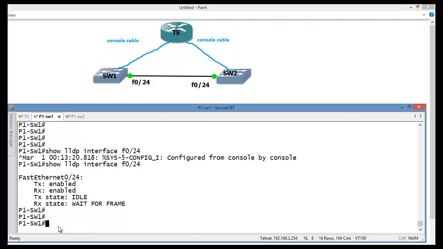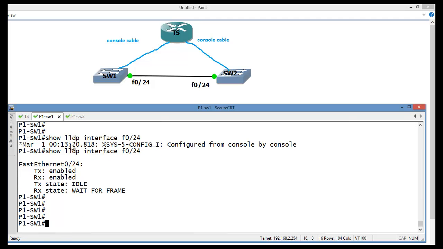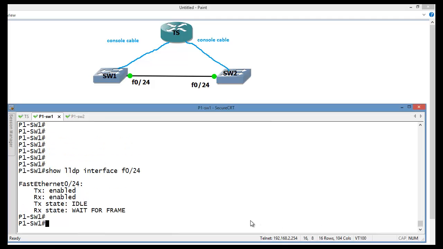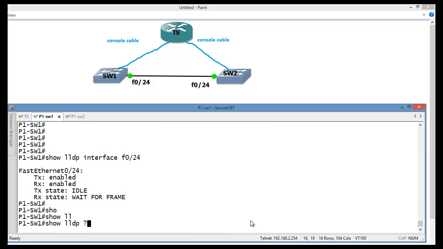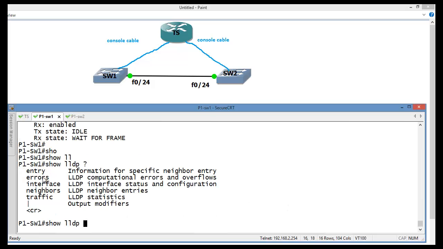So we verified LLDP. Since this is an open standard, it can be used on any vendor's devices. Even Cisco supports this technology. We can also use some other commands, like show LLDP errors, the interfaces, and traffic, and you can modify the output as well.